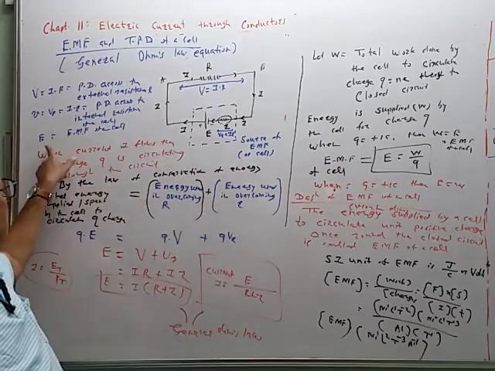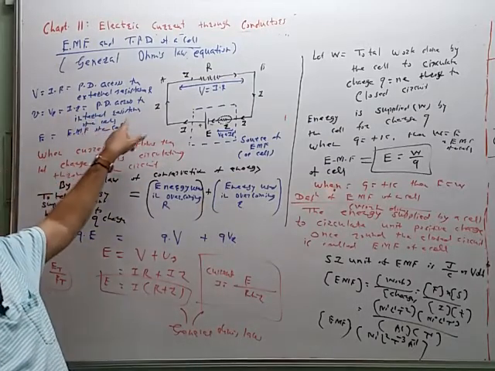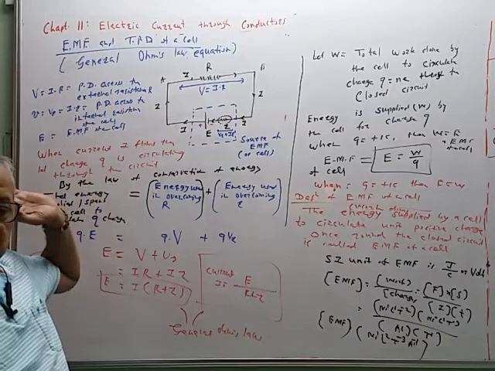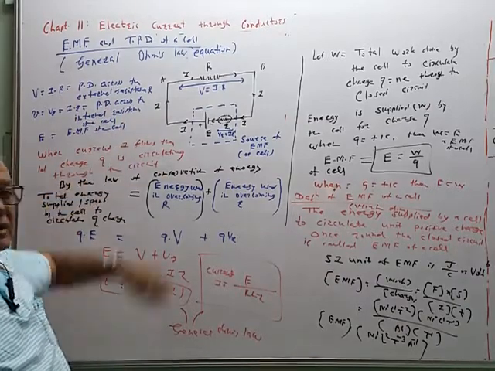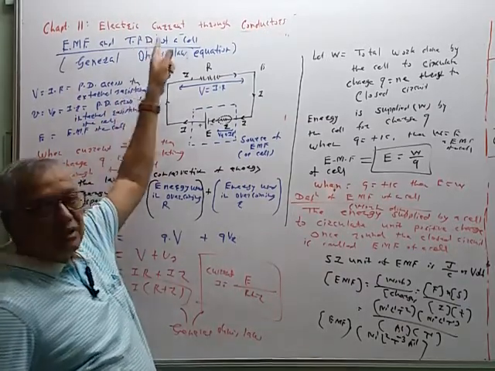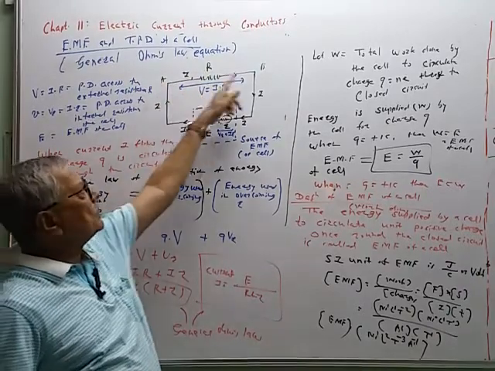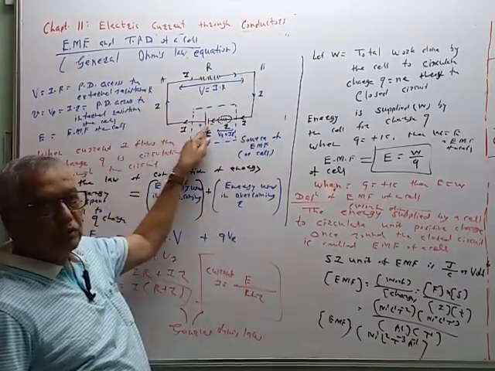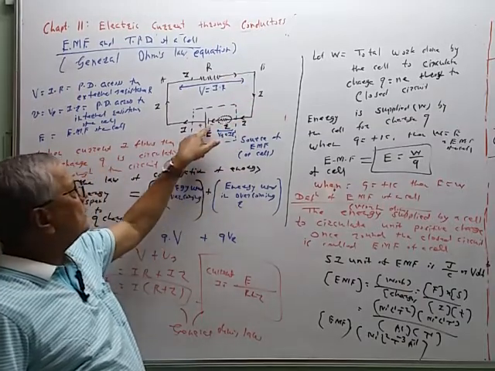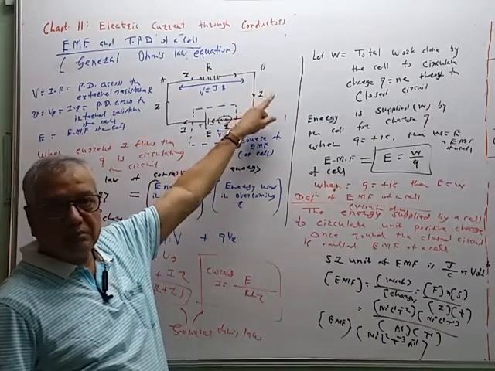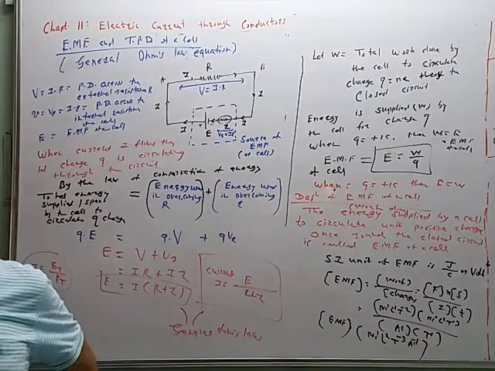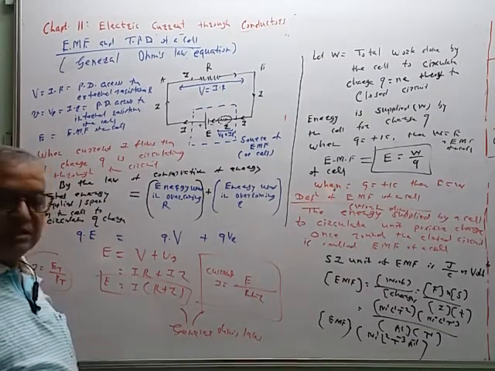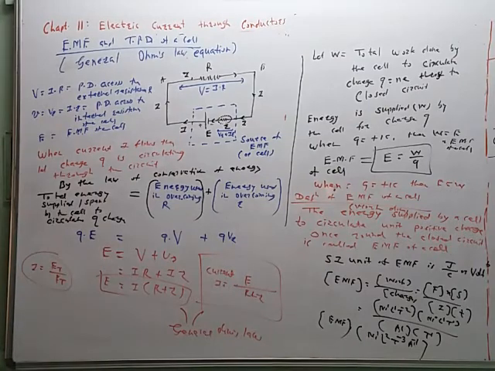So VR is the potential difference across the internal resistance. Therefore in short it is also called the IPD, internal potential difference, and V is the potential difference across the external resistance. It is called the TPD, terminal potential difference. This V is the potential difference between points A and B. A point is connected to the positive terminal, B point is connected to the negative terminal, and therefore this V is the potential difference between the positive and negative terminal. Therefore it is also called the TPD of the cell. So this V has two meanings.